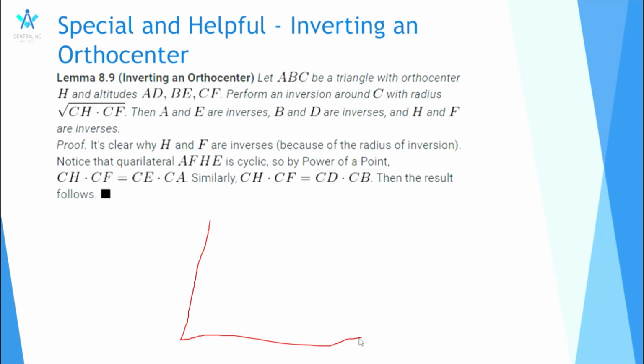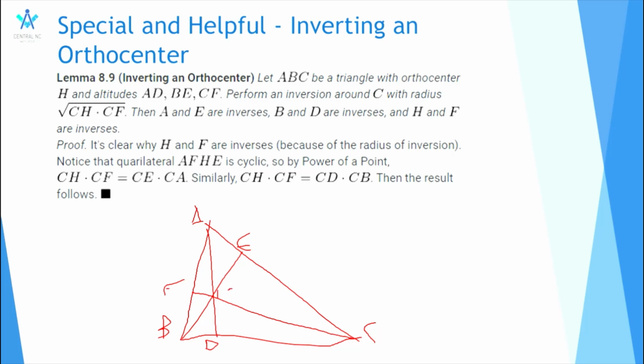Mind my sloppy drawings. So that's A, B, I probably should have drawn C at the top there. A, D, B, E, C, F, D, E, F, and that's H. Alright, so we're going to perform an inversion through C over here, with radius the square root of CH times